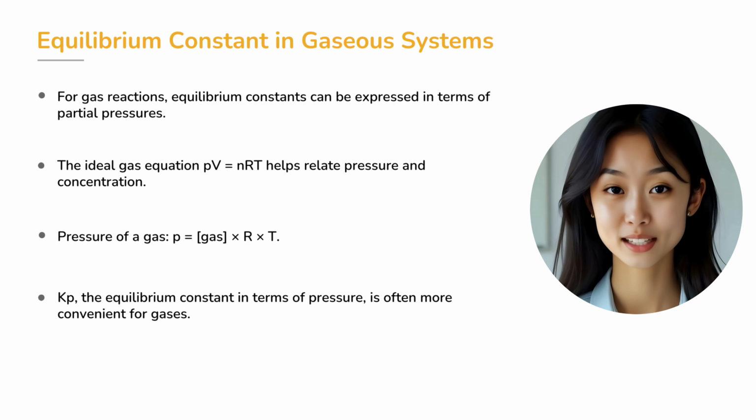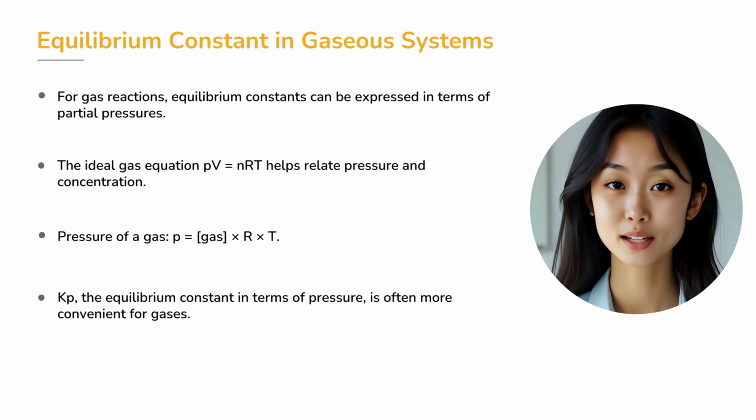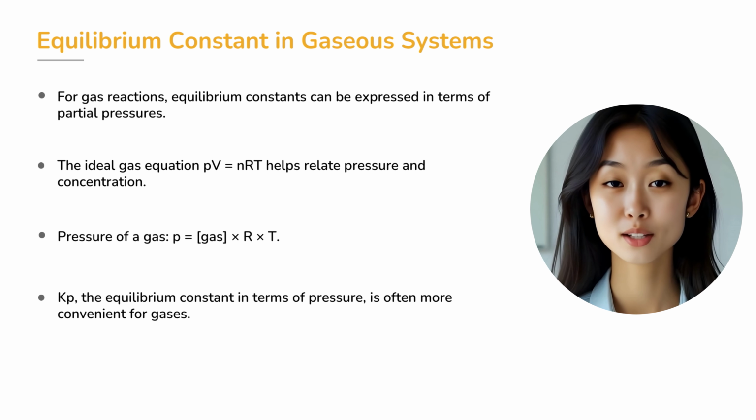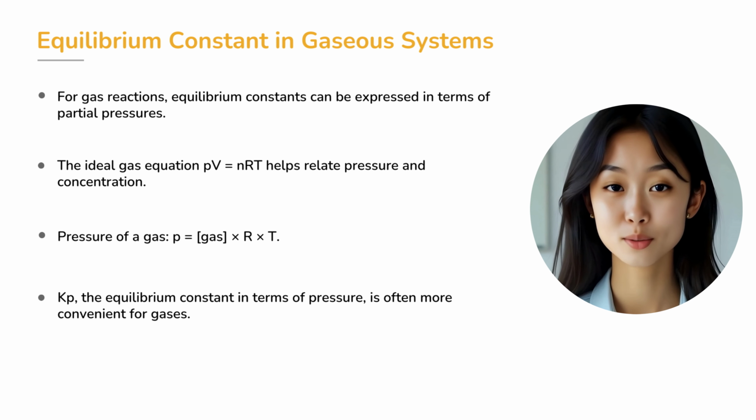Now, let's consider gaseous systems. For reactions involving gases, we often express the equilibrium constant in terms of partial pressures rather than concentrations. Why? Because it's much easier to measure pressure in experiments than molar concentration. Using the ideal gas law, written as PV equals nRT, we can express the pressure of a gas as concentration times R times T. This allows us to define a new constant, Kp, the equilibrium constant in terms of partial